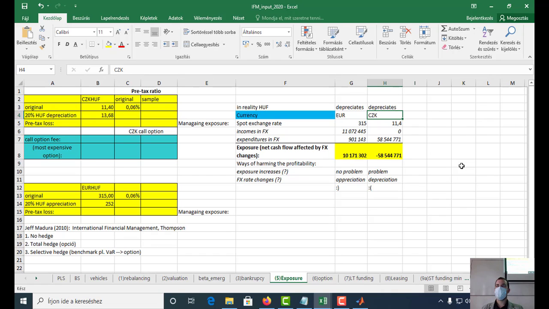So this is the selective hedging strategy, and we will use only options because options can be calculated,